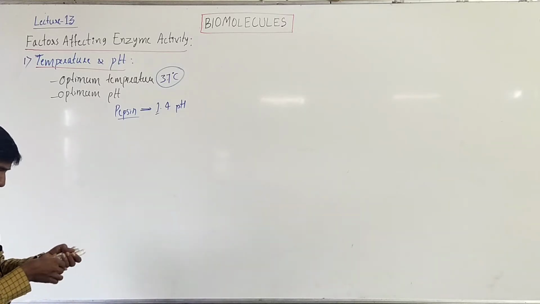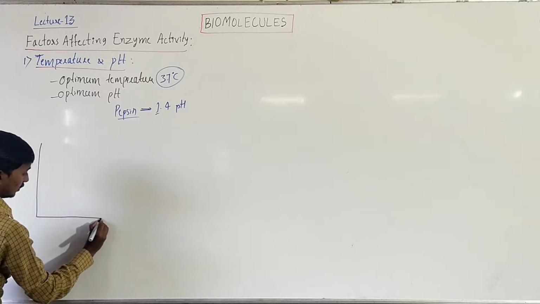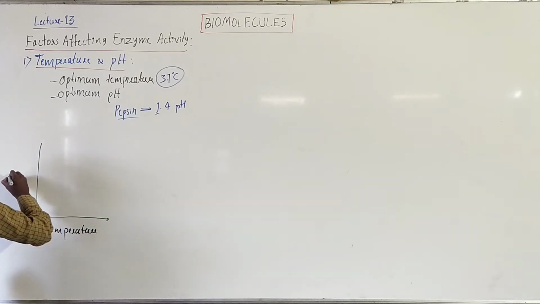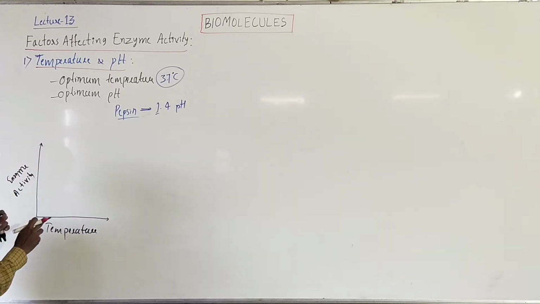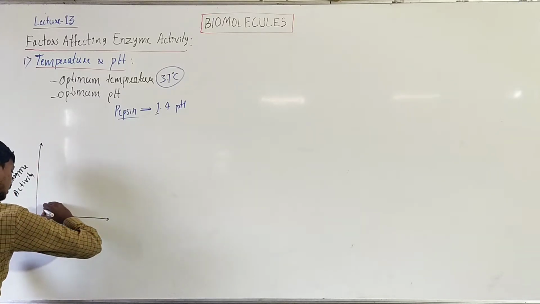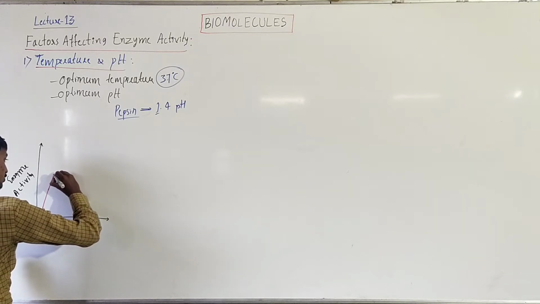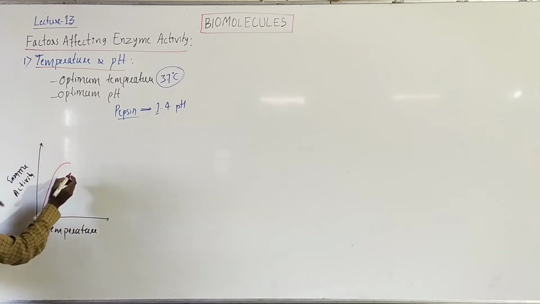Okay, better we can show with the help of a graph. So when we plot a graph by taking the temperature on the x-axis and enzyme activity on the y-axis, as temperature increases, the enzyme activity increases. Initially, as the temperature keeps increasing, the enzyme activity will also keep increasing, but after a certain range,